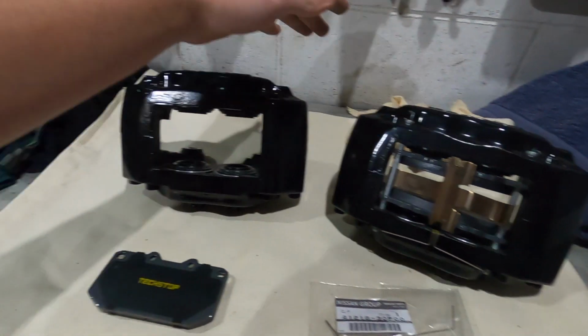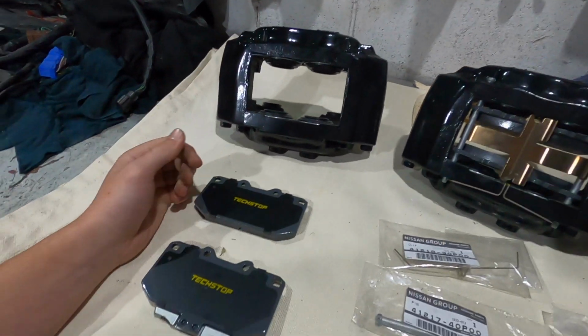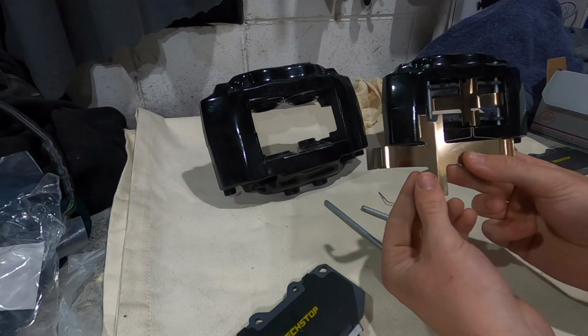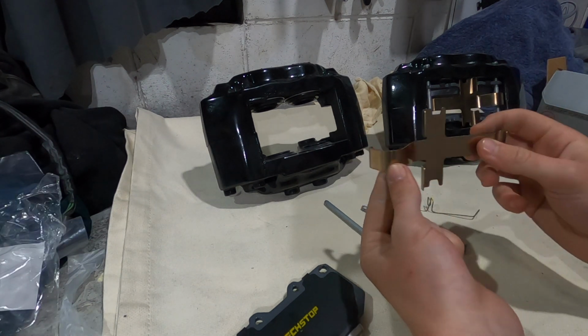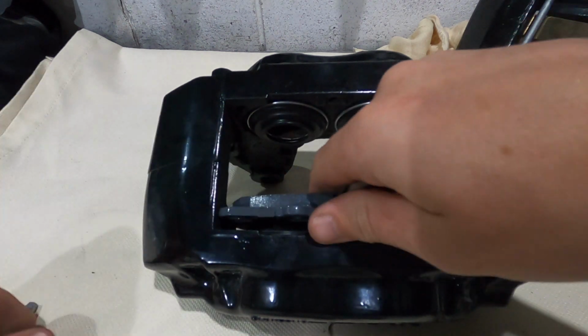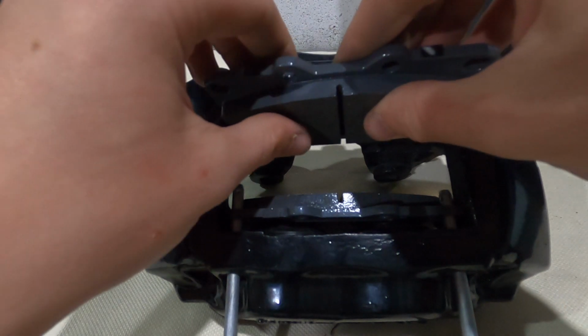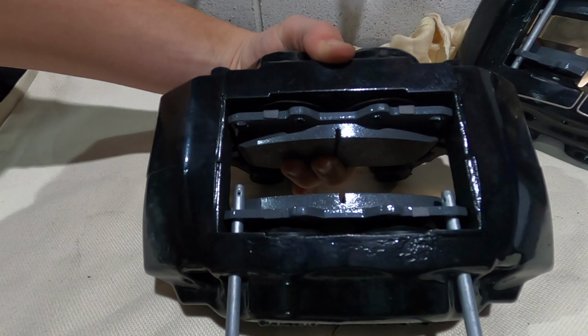I've already done this caliper, so we just got to do this one. It's pretty straightforward. First we got our pins, and then we have our little clip, and then we have our piece that ties the two pins together. Chuck our first brake pad in there, set that pin up. Then we take our other brake pad, kind of want to hold that one from underneath,